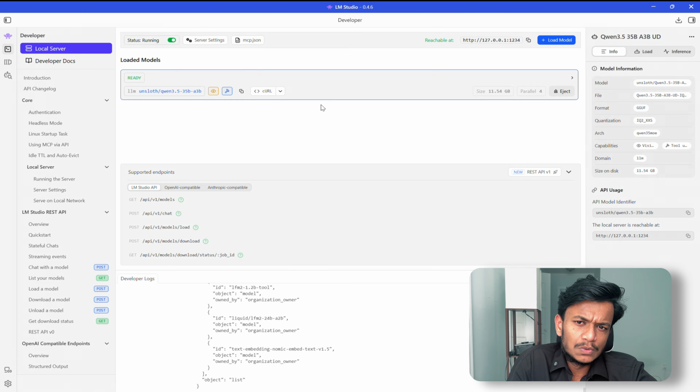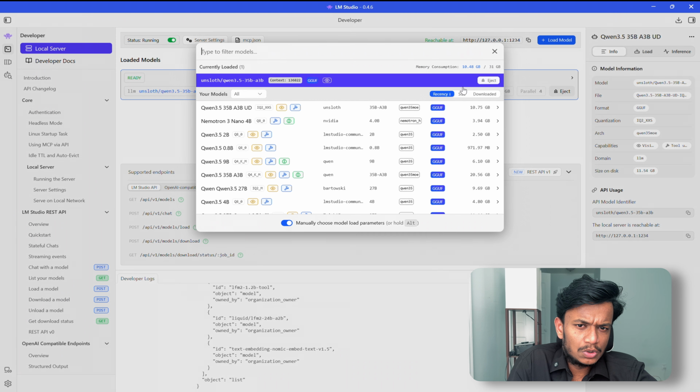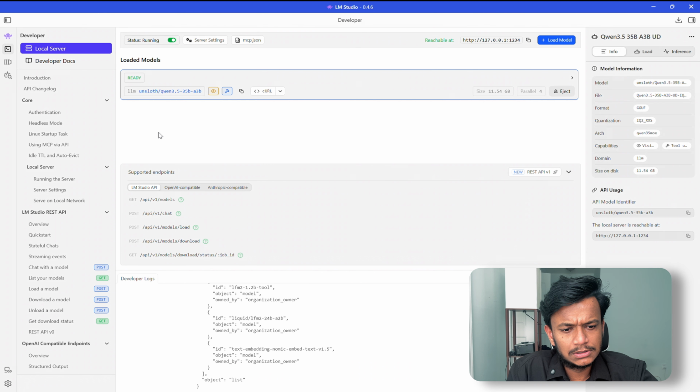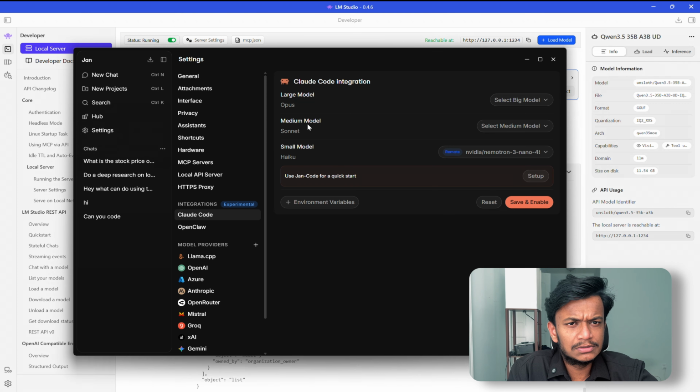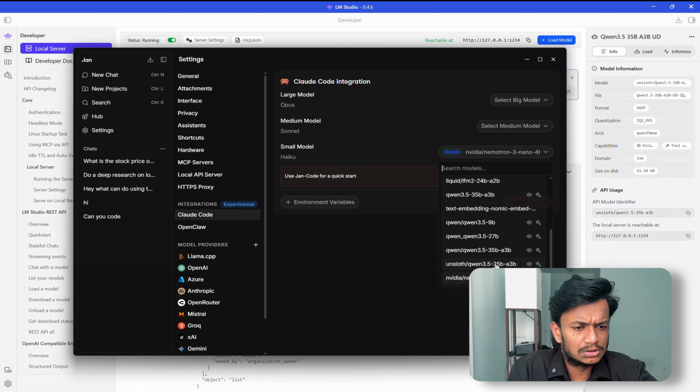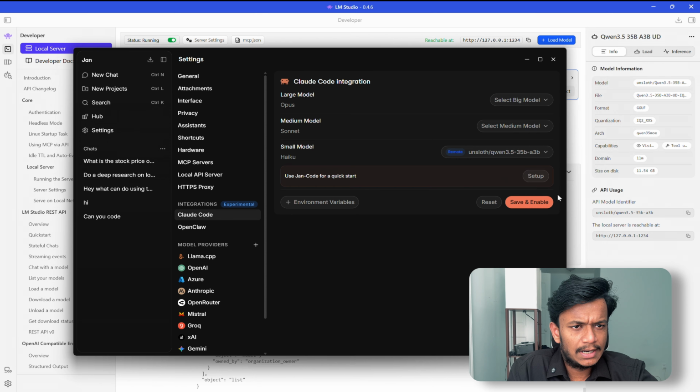I'm currently only using one model, and you can also load another small model or any kind of model if you have a bigger GPU. So I'm just using my small model, so I'm gonna choose the Unsloth one